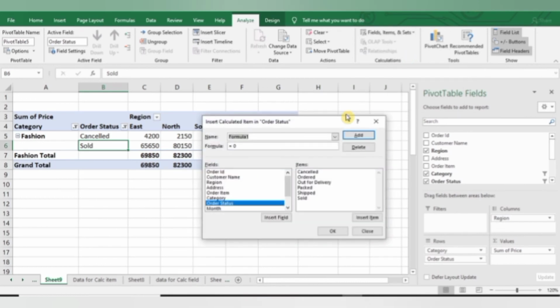Here in place of name I am typing a new name, that is Cancel Percentage, and here I am typing a formula, that is equal to Cancelled divided by open bracket Cancelled plus Sold, because it is the total price, and then click on Add and then OK.